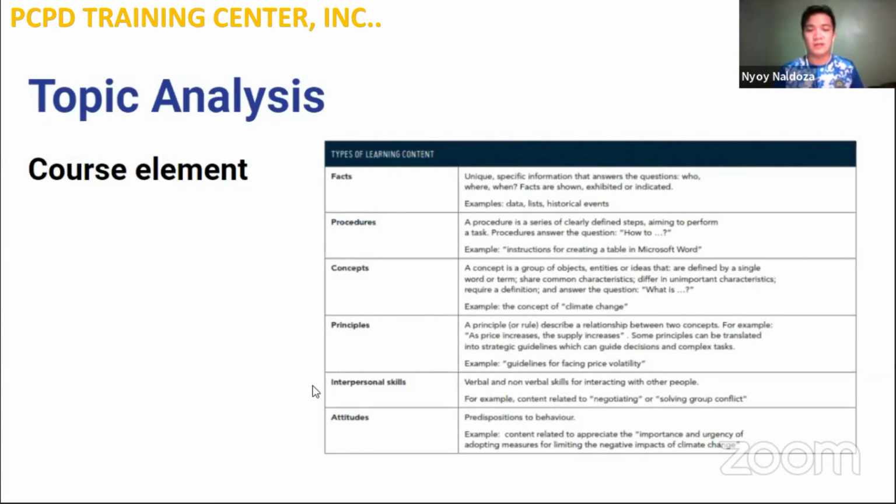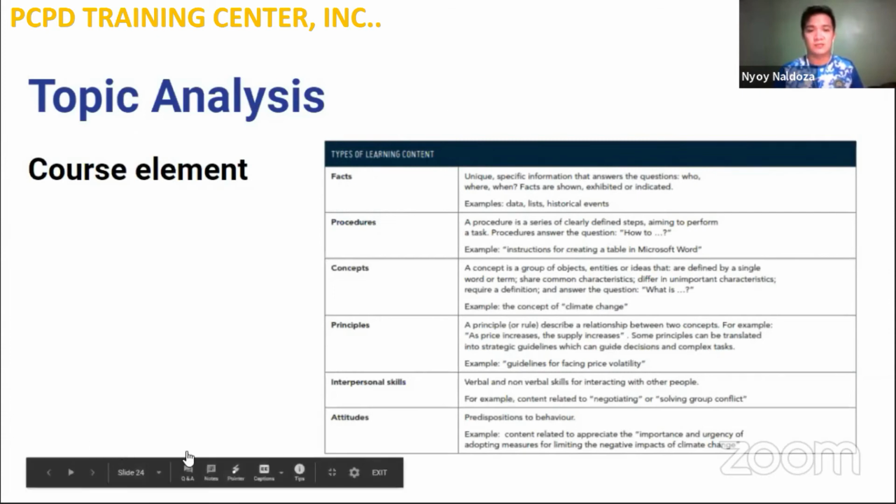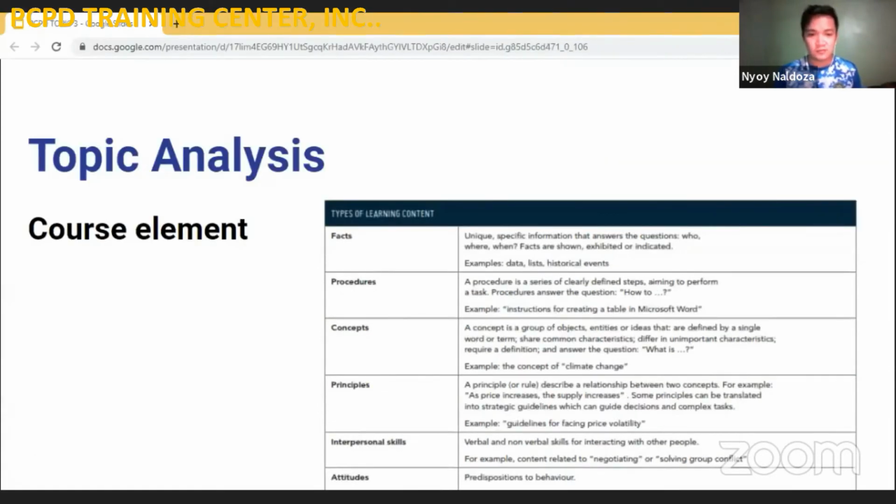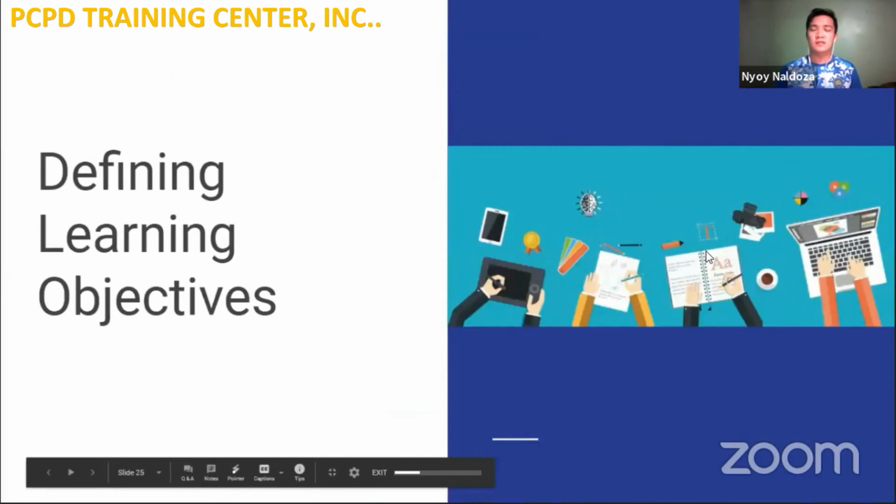Then we also have here the attitudes. Attitudes, or what they call the predisposition to behavior. Example would be the content related to appreciate the importance and urgency of adaptive measures for limiting the negative impacts of the climate change. Okay. Now let's go with defining the learning objectives. Again, it's